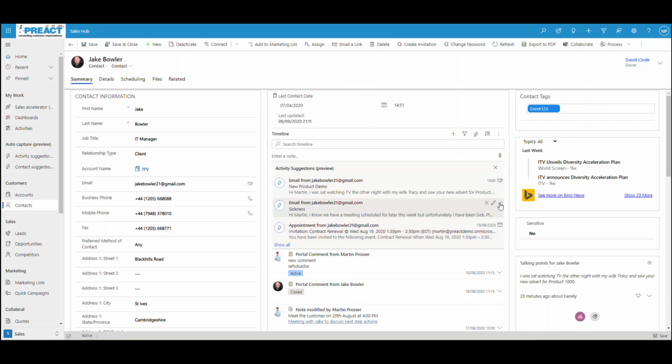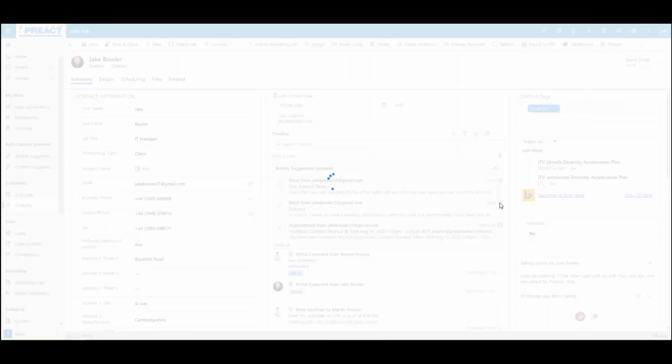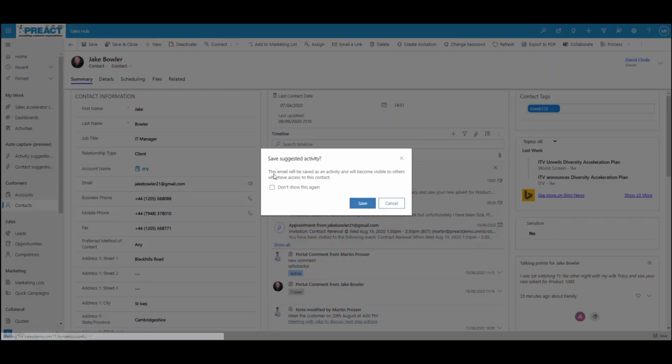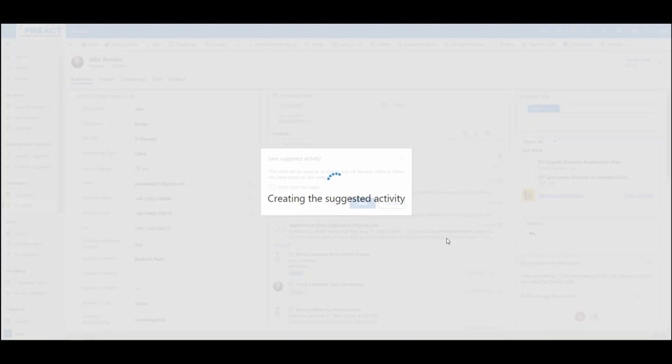Then I can come over here and I can just click on the tick, which will save it. That will then track it, and you can see that the email will be saved as an activity and will become visible to others who have access to see this contact. Again, you can say don't show that again if you need to, but basically that will create that in the database. And then once we've done that, it appears on the timeline for people with the right security roles to see. But what we've also got then, if we click over here on the left hand side,